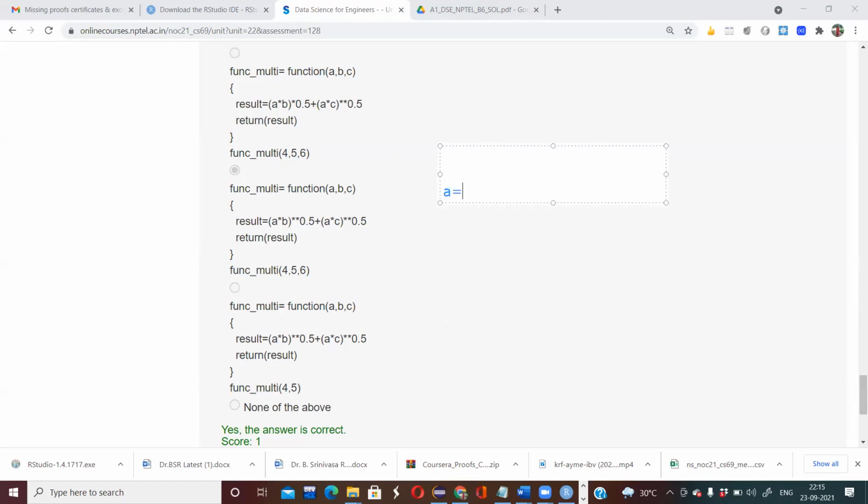So here a equals 4, b equals 5, and c equals 6. The result should be equal to 4 into 5 to the power 0.5, plus a into c, that is 4 into 6, to the power 0.5, and we are returning the result.